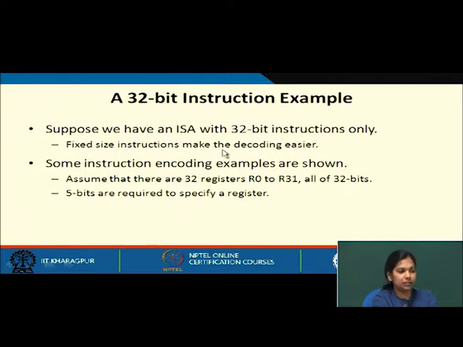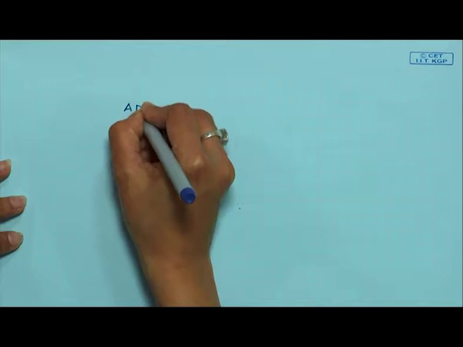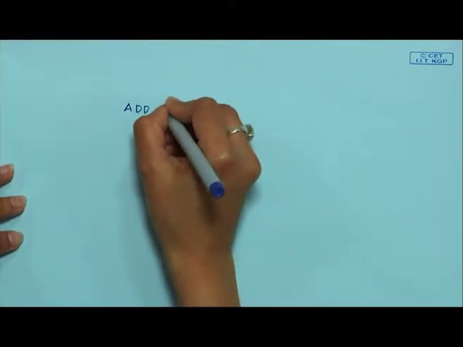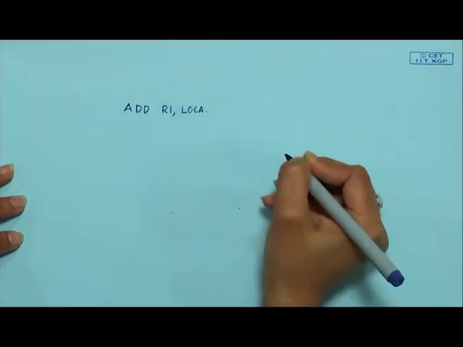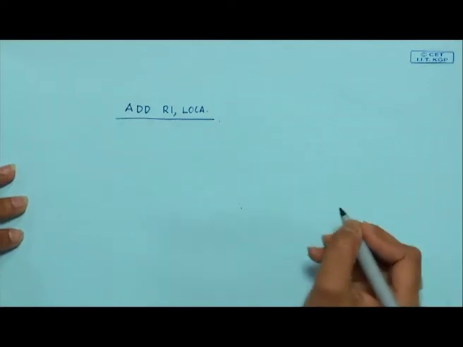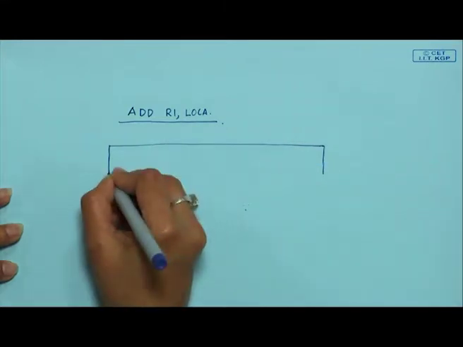Fixed size instructions make the decoding easier. Let us understand this statement. What do you mean by fixed size instruction making the decoding easier? Let us say I am just giving an example, this is not corresponding to any real stuff. Let us say we have an instruction add, with R1 and LOCA. So, this is an instruction and I have a 32-bit instruction, and in this 32-bit instruction,